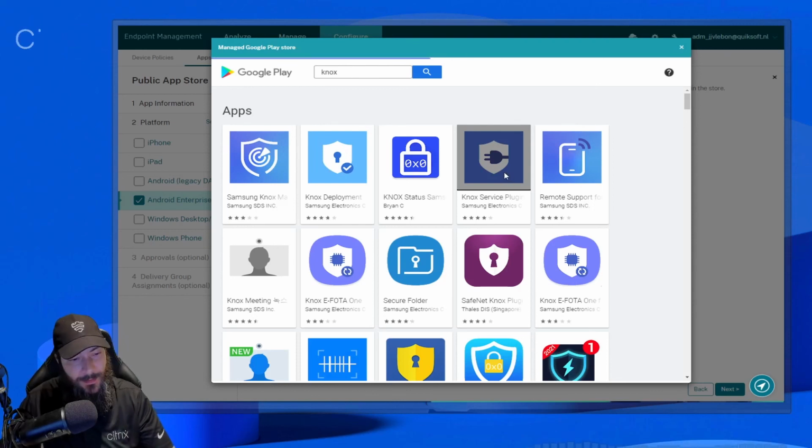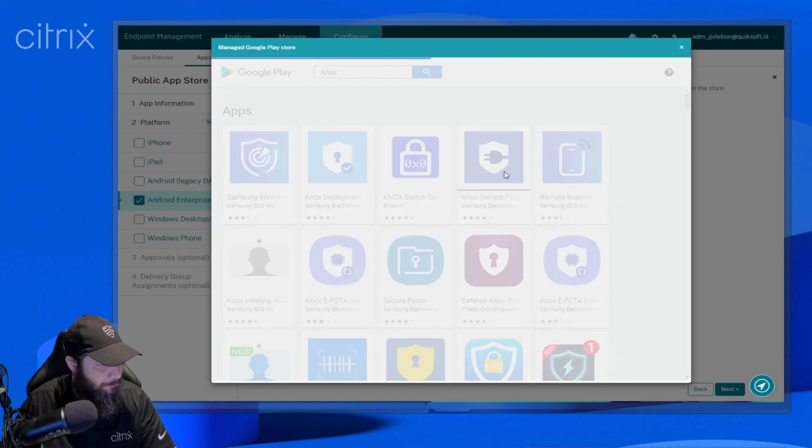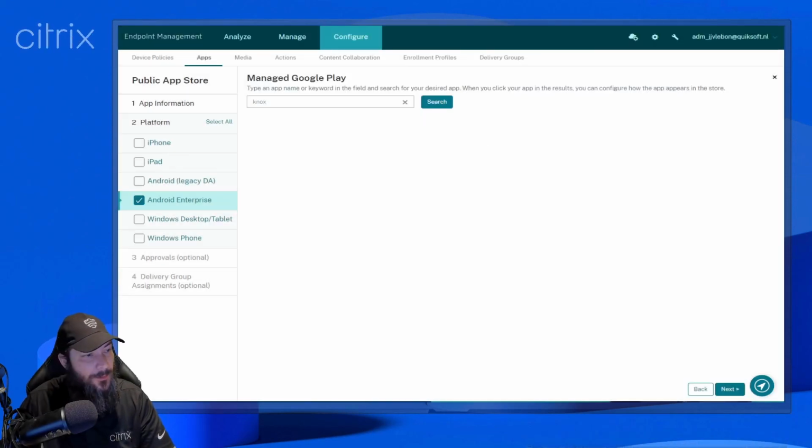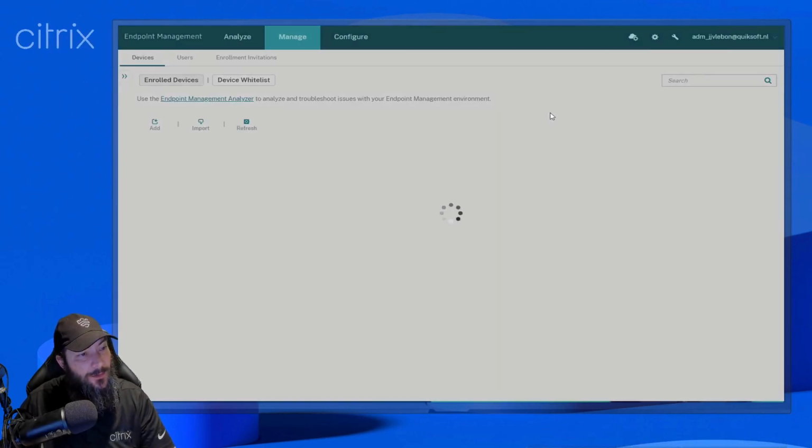In this case, it will be approved already. Deploy to the correct deployment group where your devices are attached. Then you need to go to manage and of course configure